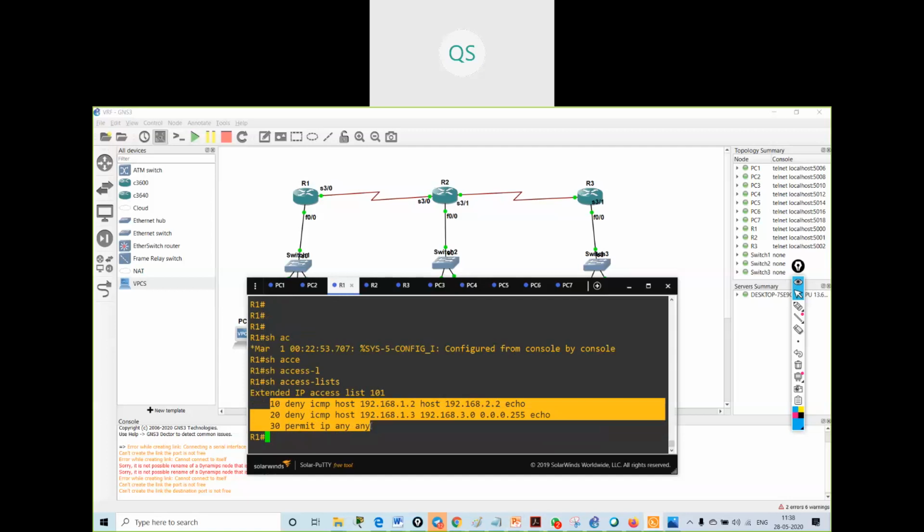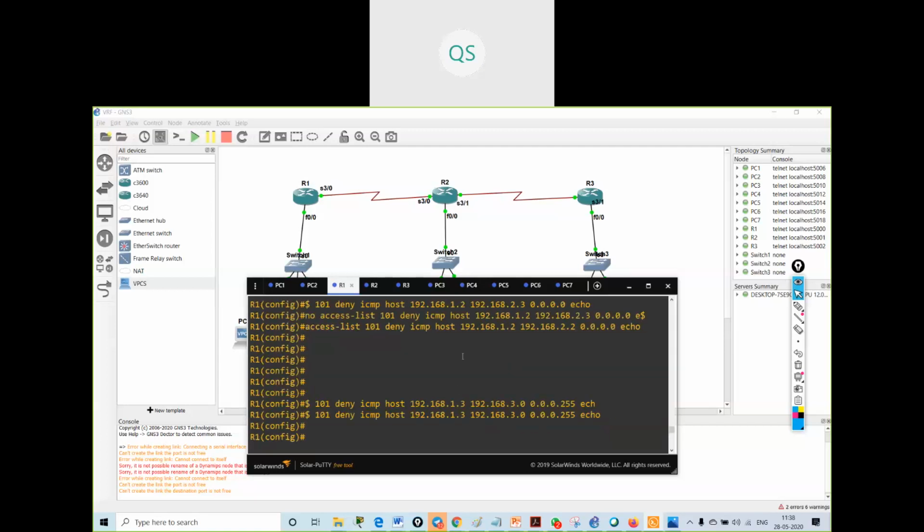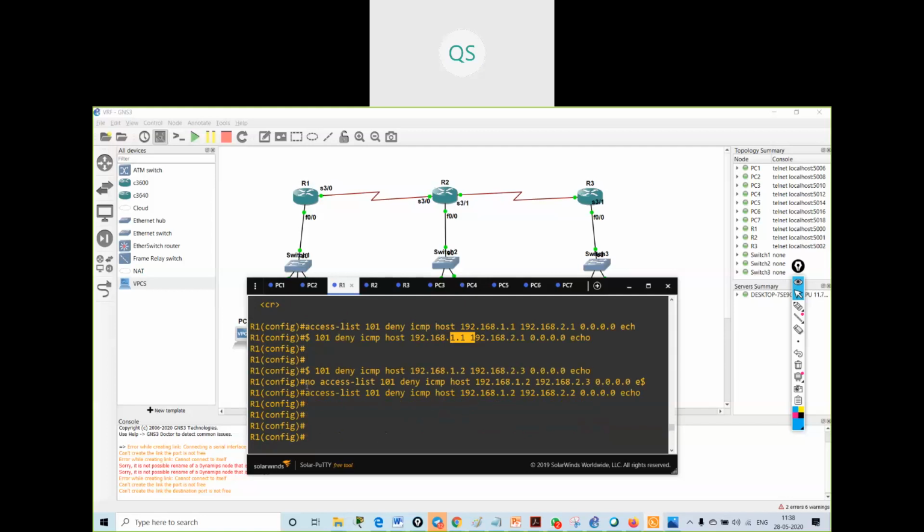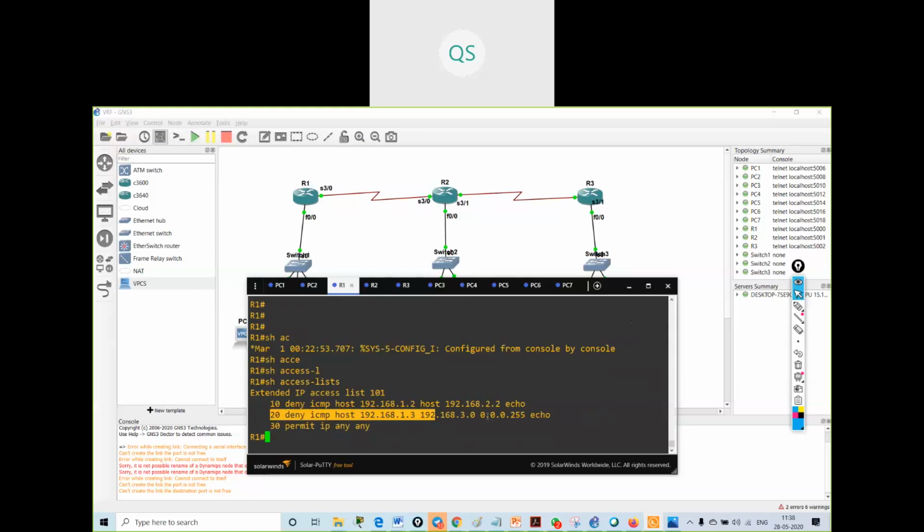So this is the disadvantage. In a numbered access list, if I remove one command, my whole access list will be removed. What I did over here, I created an access list for 1.1, but I made a mistake, and I said no access list over here. So it removed the whole access list 101 and created another access list. See over here. Got it?